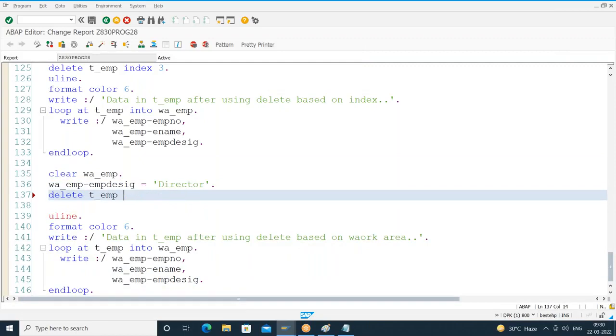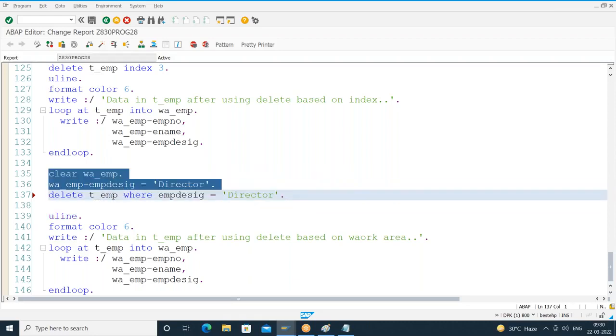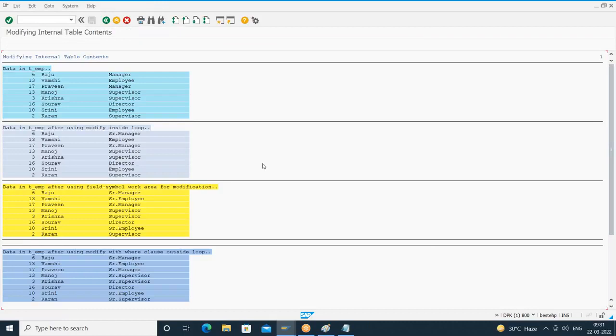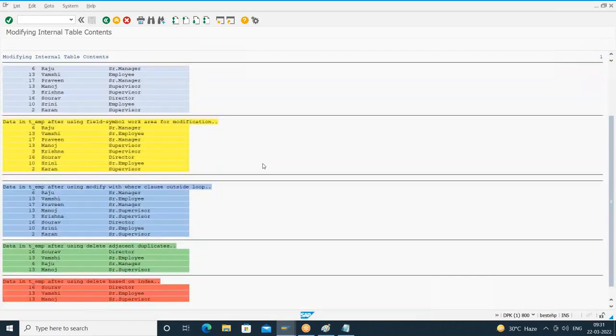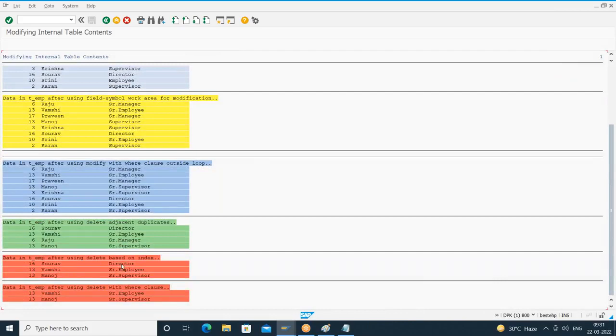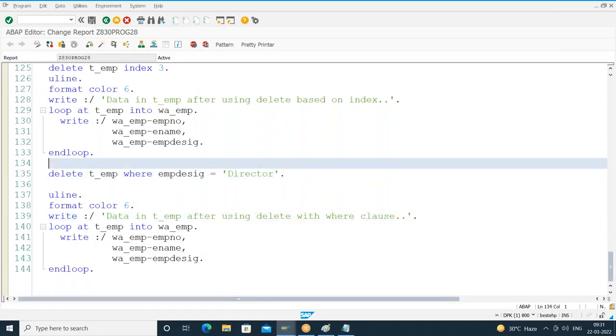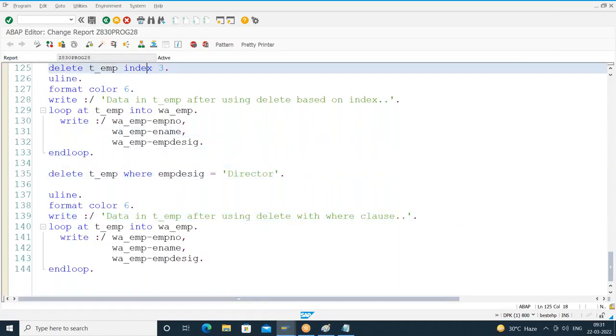Delete so and so where employee designation equal to director. Let me try this syntax. Data in t_emp after using delete, with what? Where clause. Still I'm in doubt. Let me check. No syntax errors. Execute. Yeah, fine. Scroll down. What happened here? Wherever the designation was director, that director got deleted. So I can use delete based on what? Where clause. I can use delete based on index, or I can go for